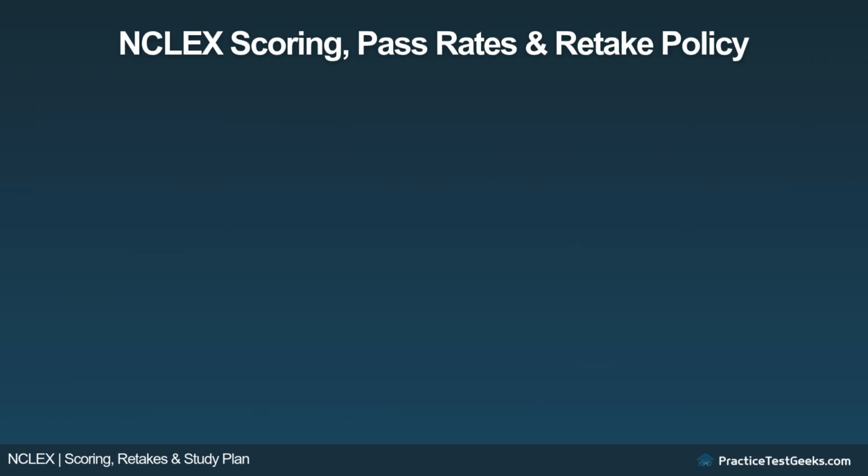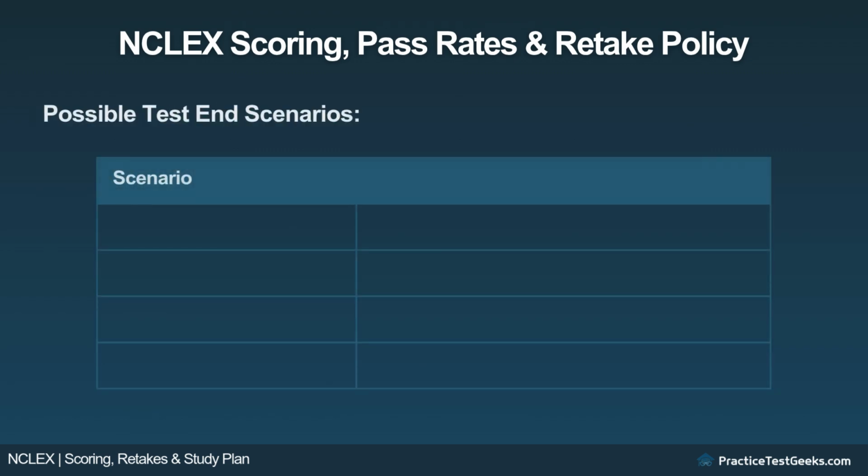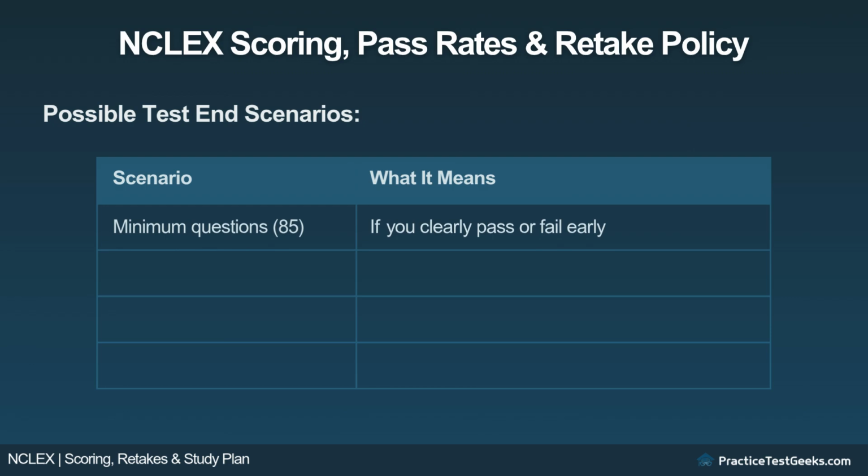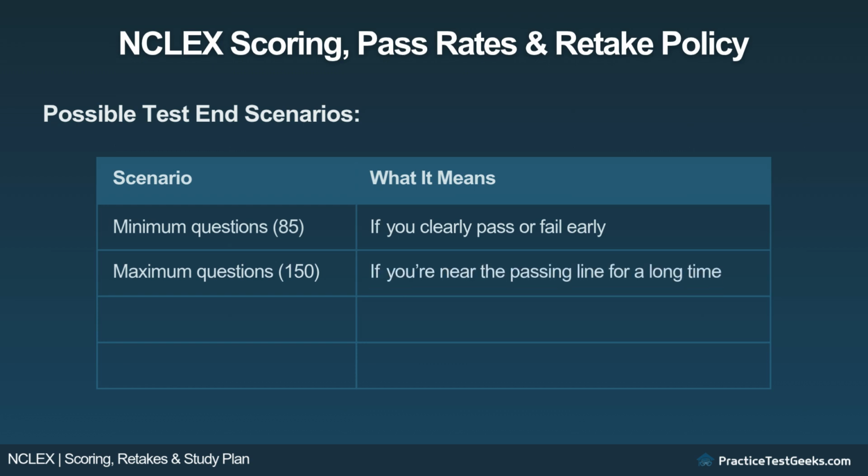Now that you understand how NCLEX scoring works, let's look at the different ways the test can end. Here are the scenarios, and what each one means. Minimum questions, 85. If you clearly pass or fail early, the test can end after just 85 questions. Maximum questions, 150. If your ability level stays close to the passing line, the test continues until the full 150